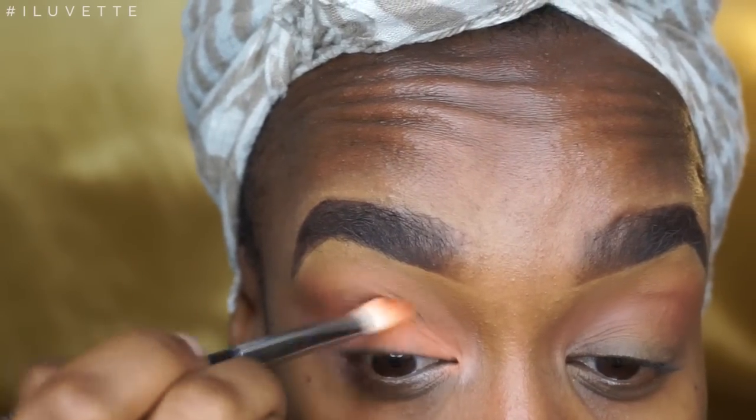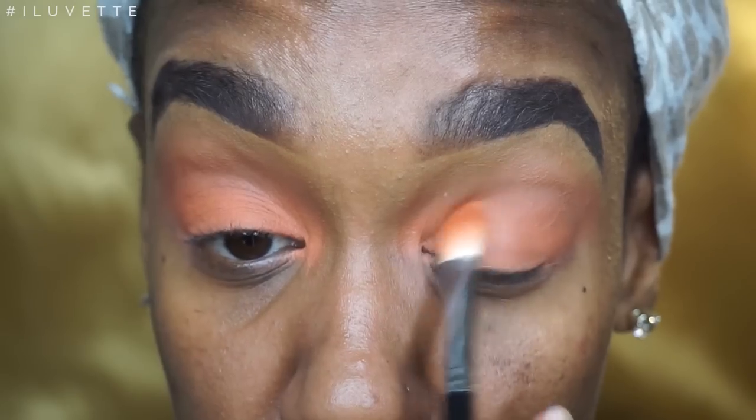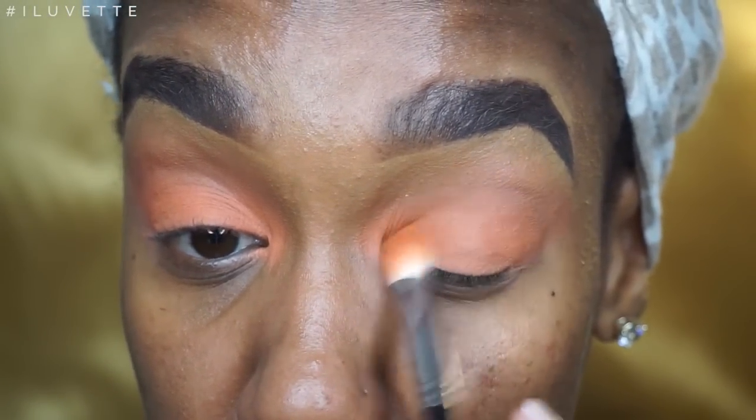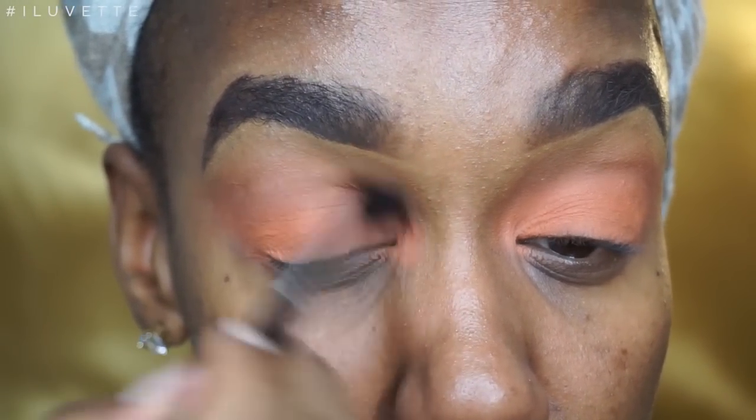I just saw a little patch that I had missed, so I went back in with the primer and back over with the eyeshadow. And then throughout the whole process, I keep going back in with a blending brush and just blending all those